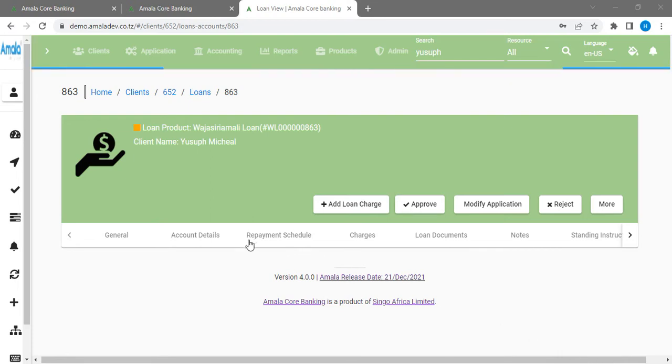After submitting our loans, it will be looking like this. When you start on this part here, there's a rejection. If you need to reject the loan, you can just come here and reject it. But also there's a part of modify application. For instance, if you think maybe you have mistaken anything, you can just come here, modify application, and modify your